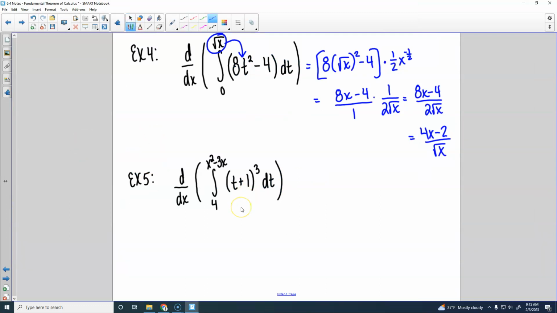So I was thinking to myself this was going to take forever to multiply out, but you don't necessarily have to multiply it out. So, if we're taking the derivative of the integral, we're going to plug in right here for our t, which is our variable of integration. And so we will get x squared minus 3x plus 1 cubed. And then we must multiply it by the derivative of the thing that we plugged in. What is that? 2x minus 3.